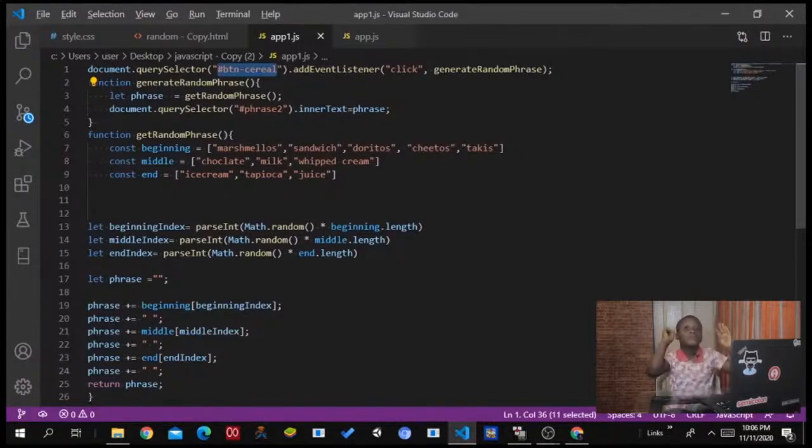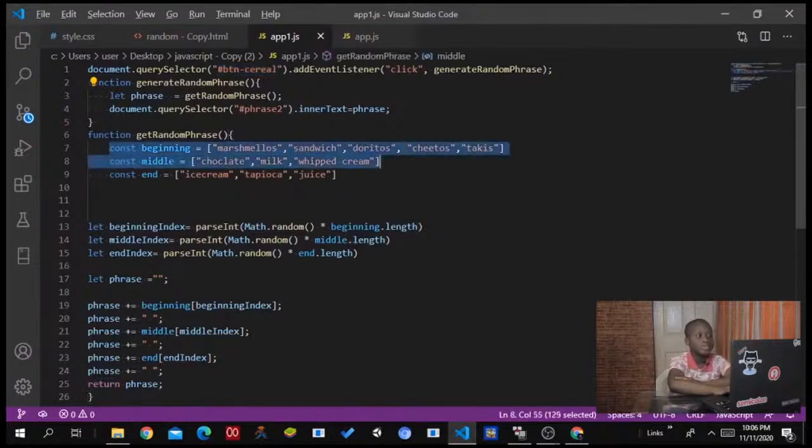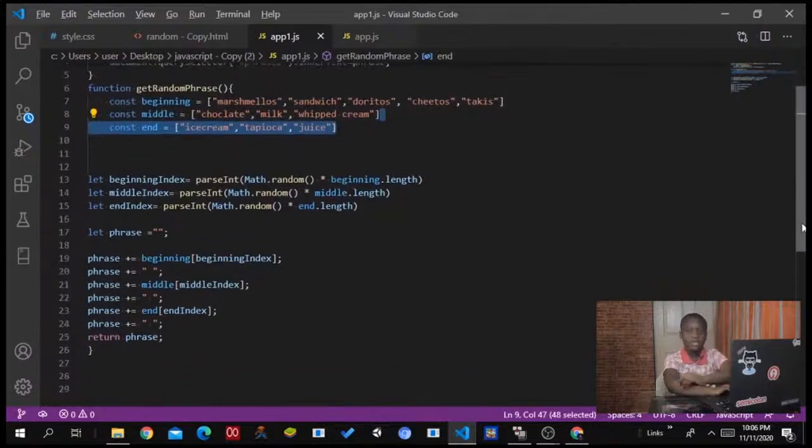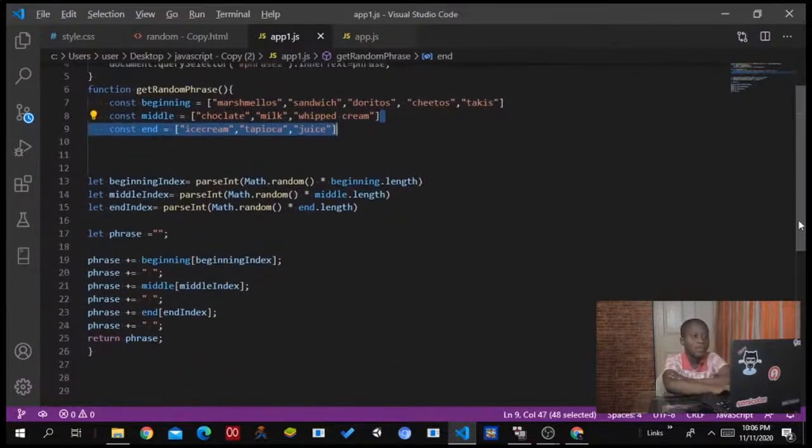Now all this is for snacks, like creating really bad food combos. So what is it going to do? It's going to mix maybe marshmallow, chocolate, and ice cream. I'm going to make a juice. I'm going to make a tapioca. Anything you want out of the input that you give it. And if I don't give it an input, what is it going to generate? I don't know. Nothing. So to make this thing work, you have to use math and random, as I said